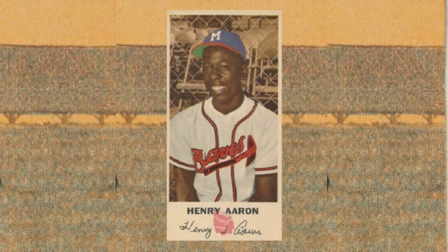Number 5, 1954 Johnston's Cookies, Braves Hank Aaron, number 5. If you want a true Hank Aaron rookie card, one that fits the standard traditional definition, then you really only got one choice. But if we loosen our criteria just a bit, to include cards issued during Hammer's rookie season and showing him in a Braves uniform, then this 1954 Johnston's Cookie Braves standee slides right in alongside Hank's 1954